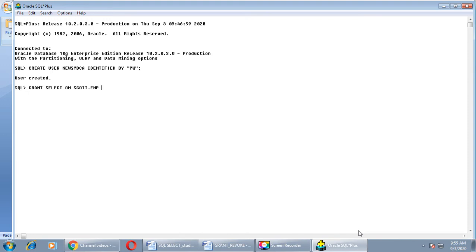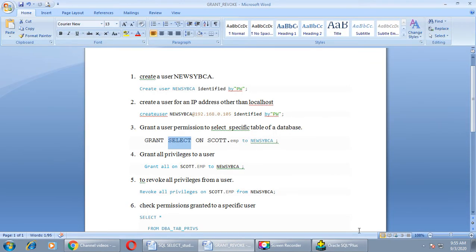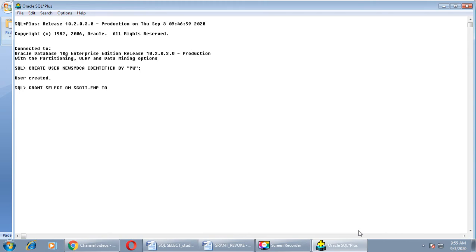Which privilege do you want to apply on scott.emp table? Select privilege. Grant select on scott.emp to new SYBCA, right? Semicolon and press enter. Grant succeeded. We got the message, grant succeeded.